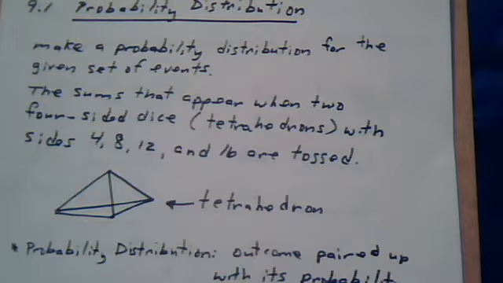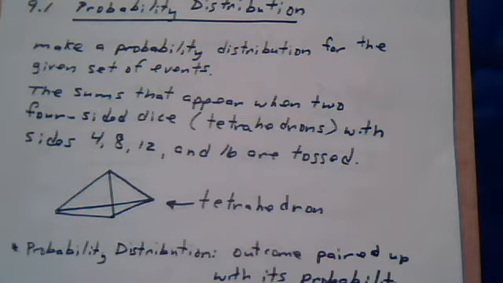Probability distribution. Make a probability distribution for the given set of events. For our problem, the event, the outcome that we're looking for, is the sum when you toss two dice, a pair of